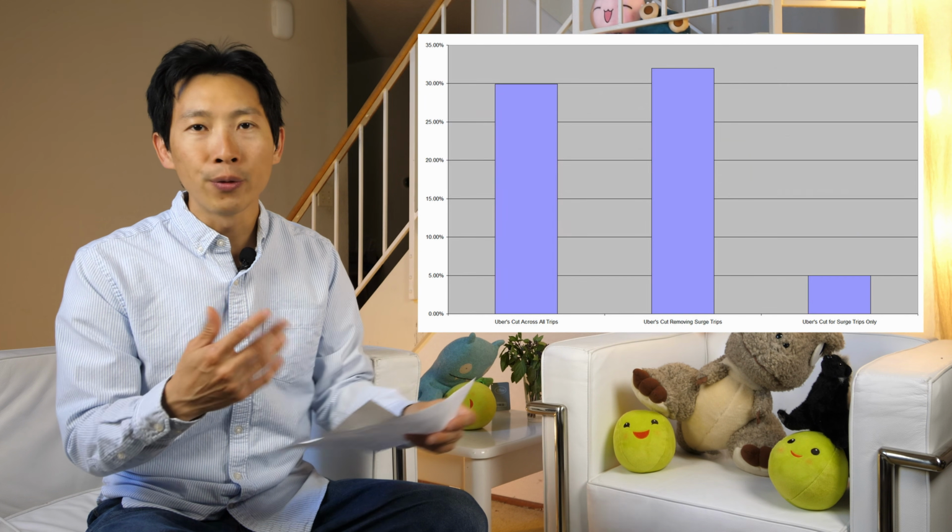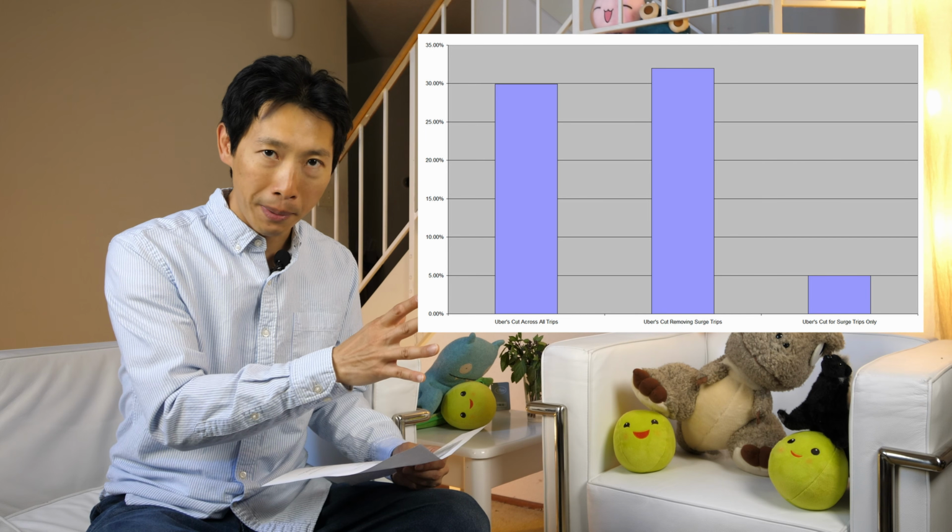But what you need to do is take a look at the overall cut that Uber takes. Because each trip differs by so much, you need to aggregate all of them to figure out how much you earned in total, subtracting tip, subtracting toll, and then see what is the amount that Uber takes. Over here, I generated a graph over 150 trips. Over the 10 days that I did all these trips, I averaged out that Uber is taking about 30% of everything that the rider is paying. Now, this 30% includes all the surge trips I did.